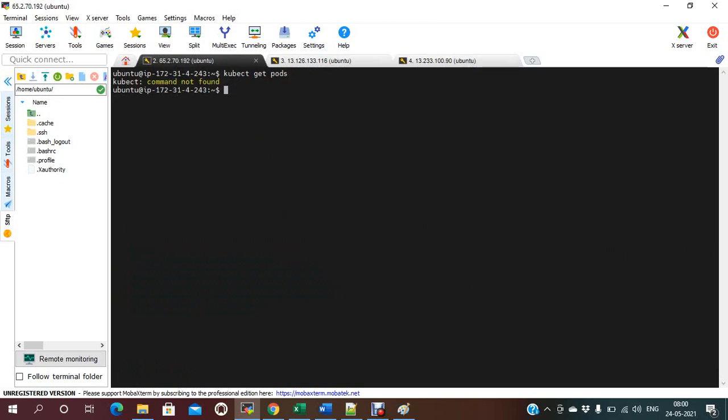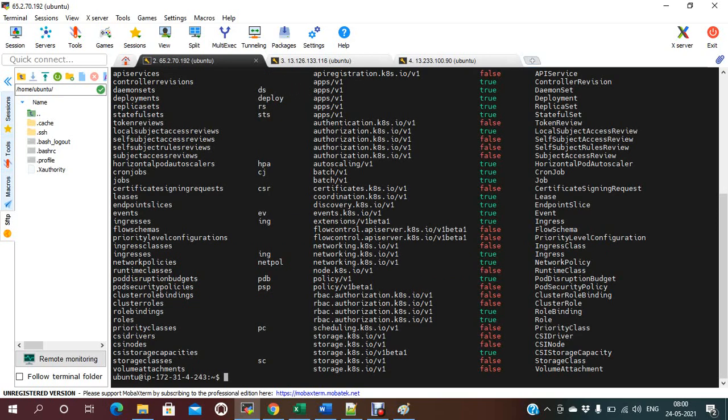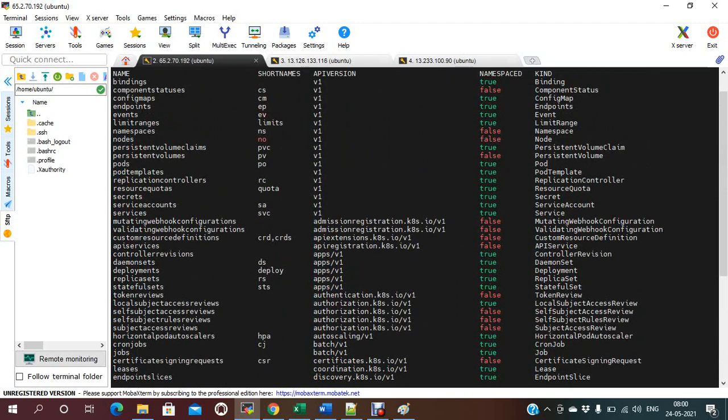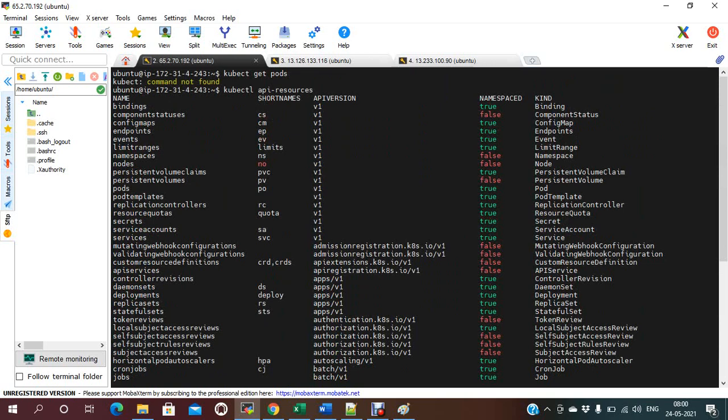Now if you want to check kubectl api-resources, you will get all the cluster information. See, this is the name, the short name, the API version, the namespace, and the kind.